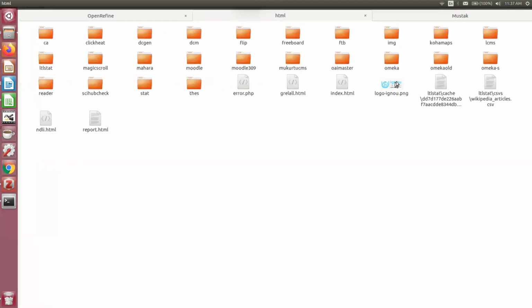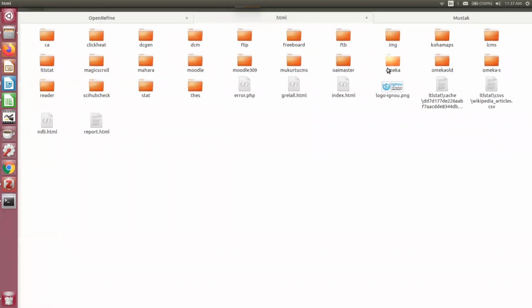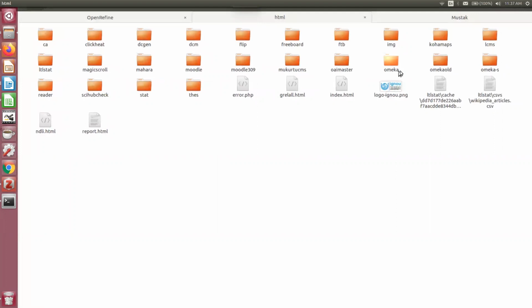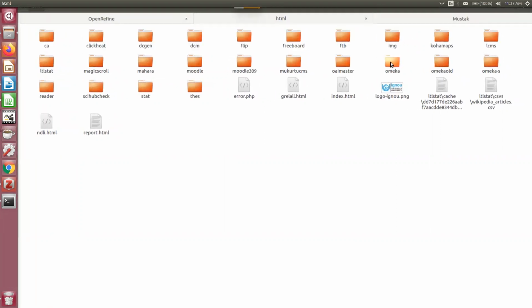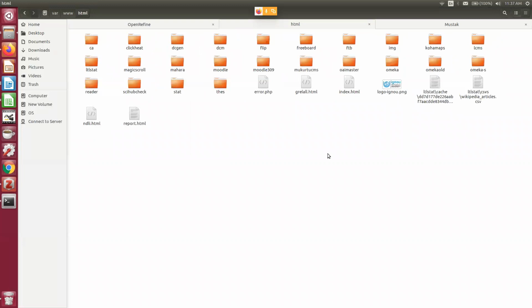You can see that I have installed Omeka in both versions, Omeka Classic and Omeka Semantic. So under omeka, you place it, then you make this particular folder readable by everything.